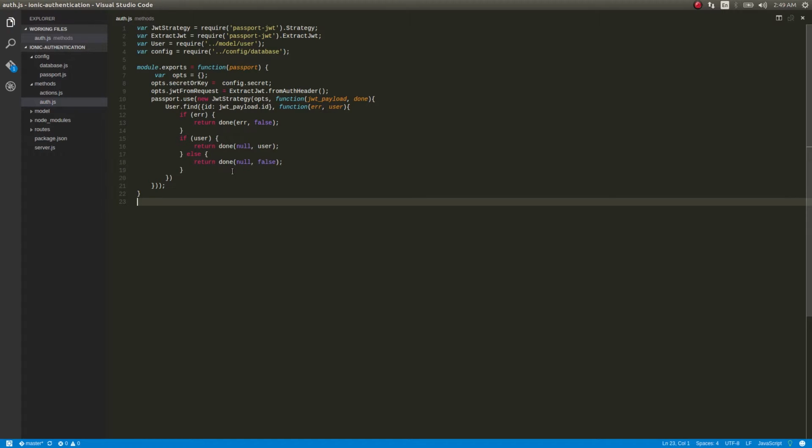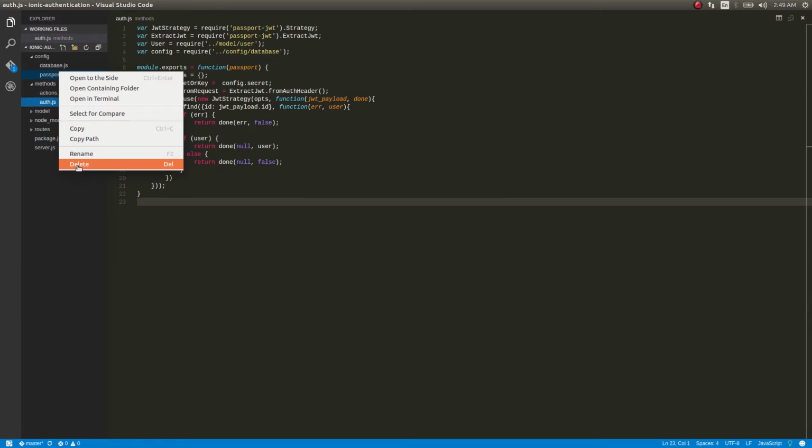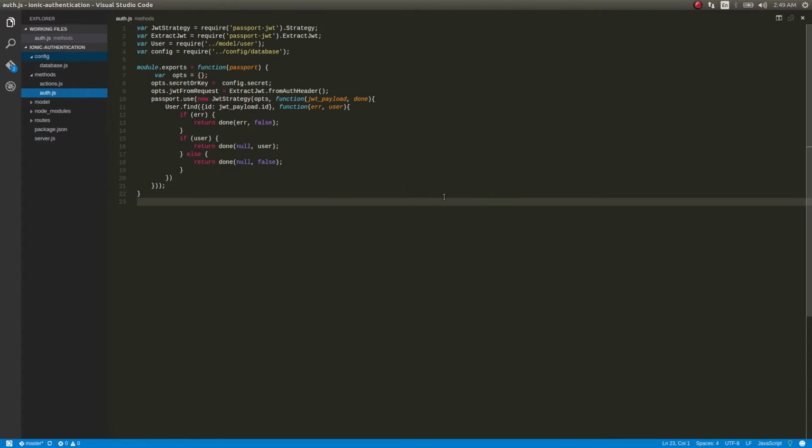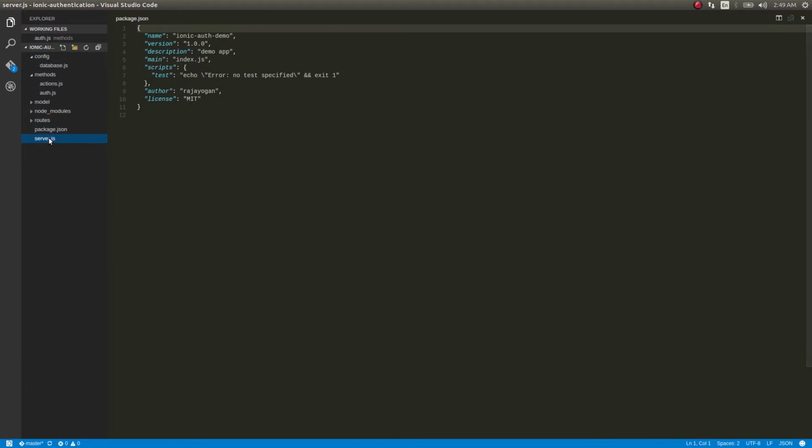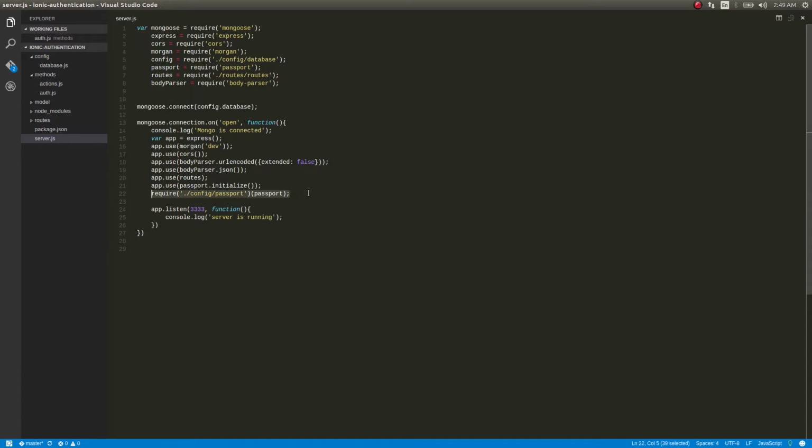Okay, this is done. Now we can remove this. We'll delete this, move to trash, and then we need to go to server.js, and remove this.